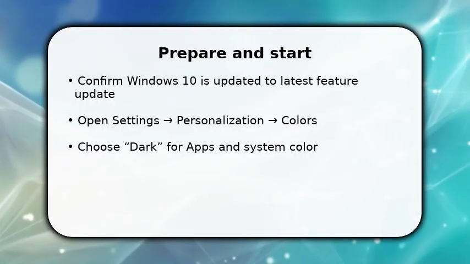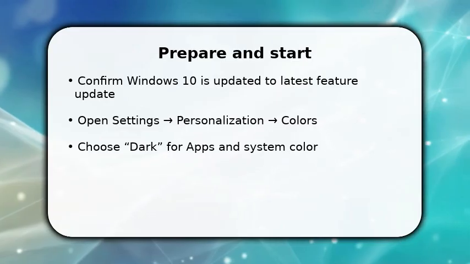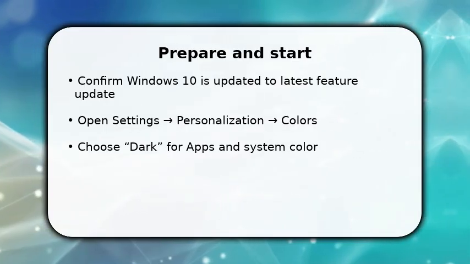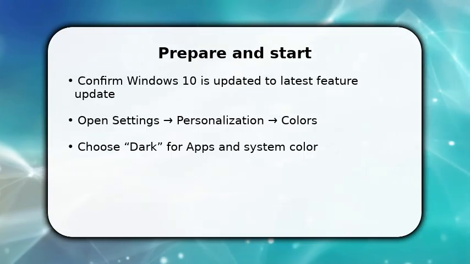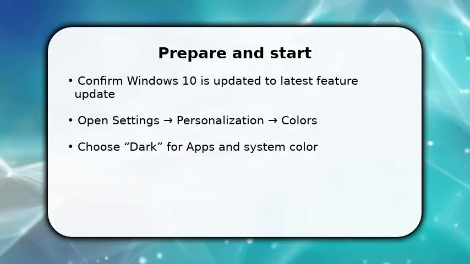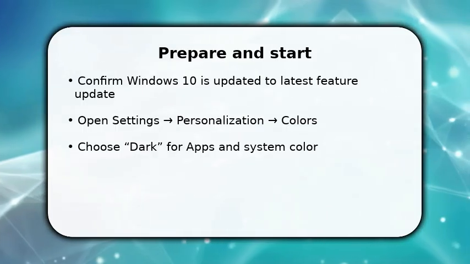You'll begin by making sure Notepad can follow the system theme. That usually requires current Windows 10 updates and the store version of Notepad. First, open Settings, go to Personalization, then Colors. Once there, set the overall theme to dark and set the default app mode to dark so modern apps inherit